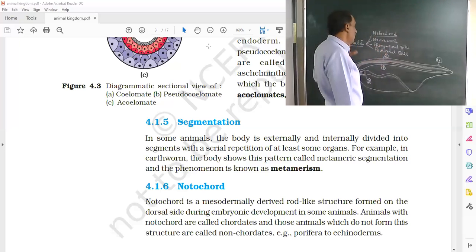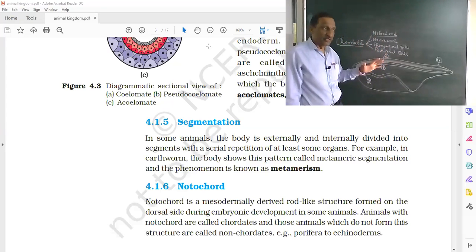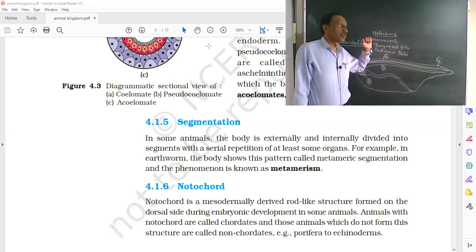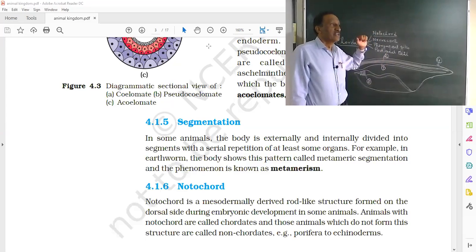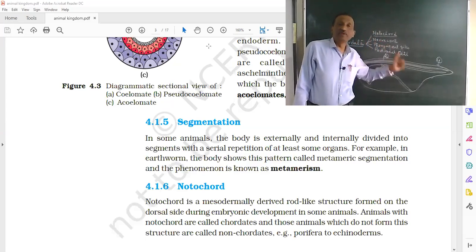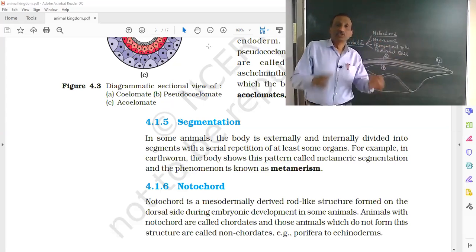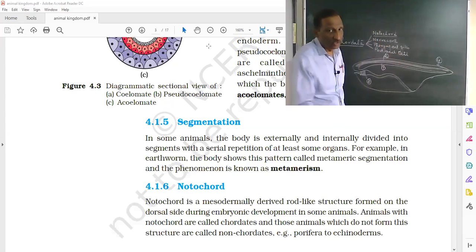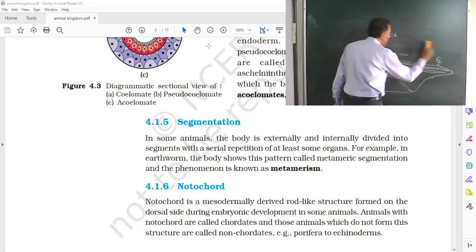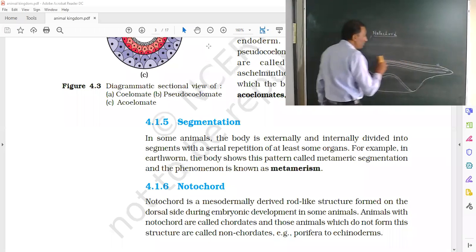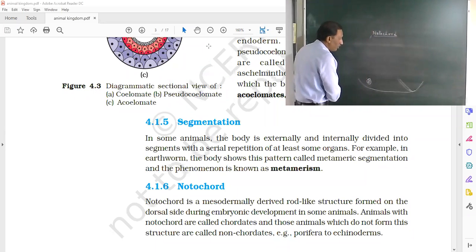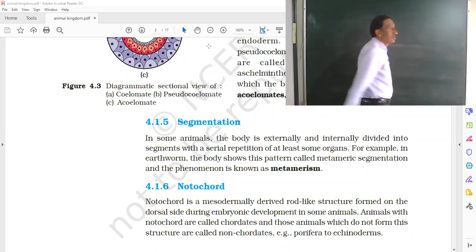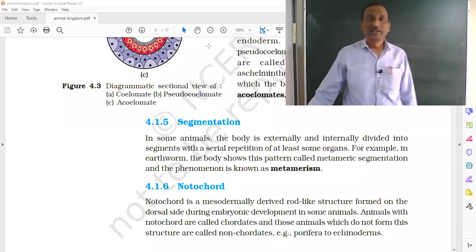Just now our important need is to study the notochord, because those organisms which have a notochord present will be called chordates, and those which do not have a notochord present will be called non-chordates. So for the study of this classification, we have included the notochord here. The other three we'll study when we study chordates. Since first we have to study non-chordates, we are keeping it a little